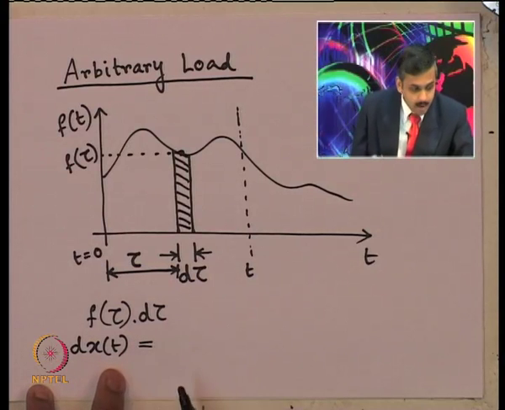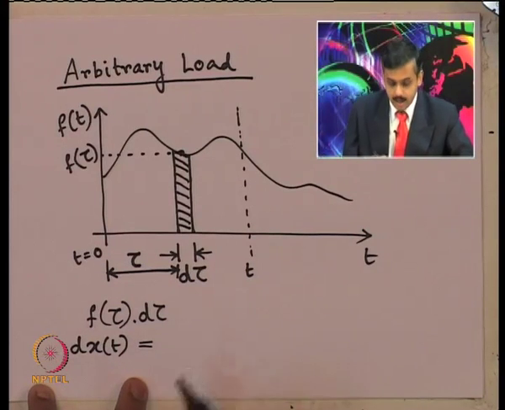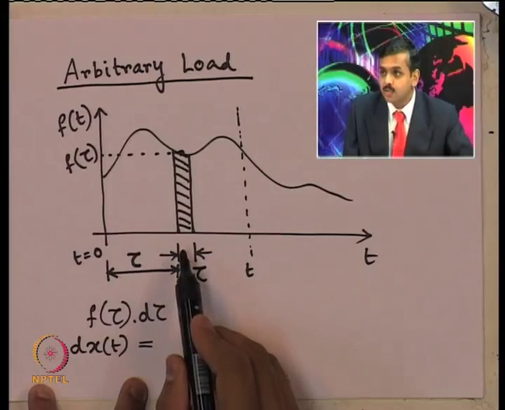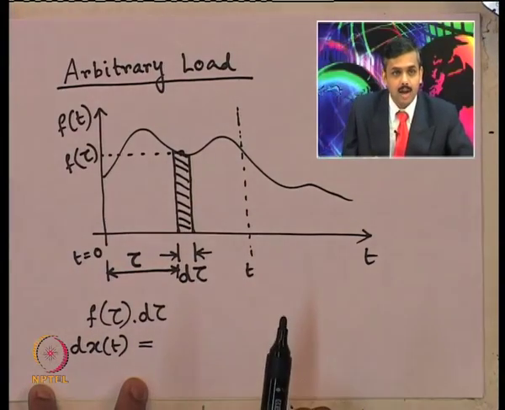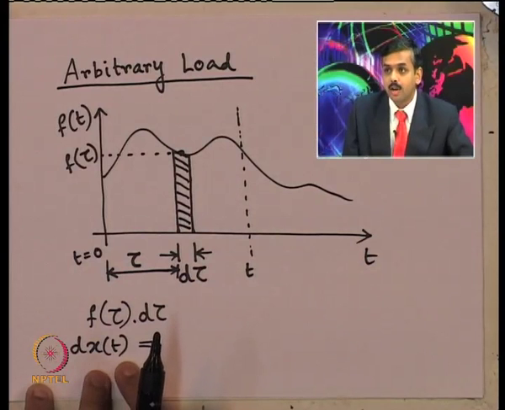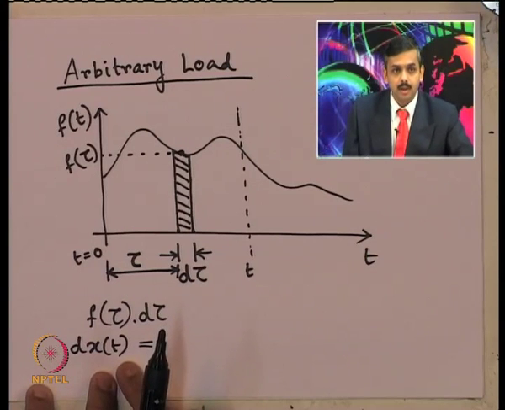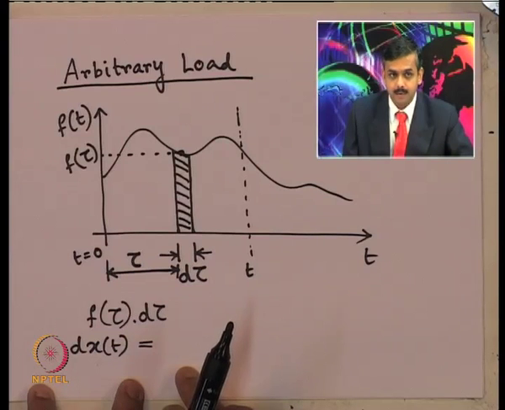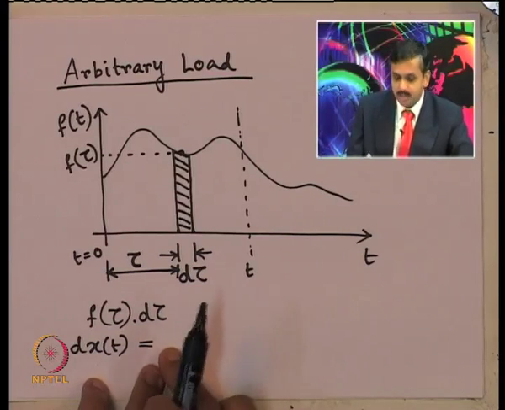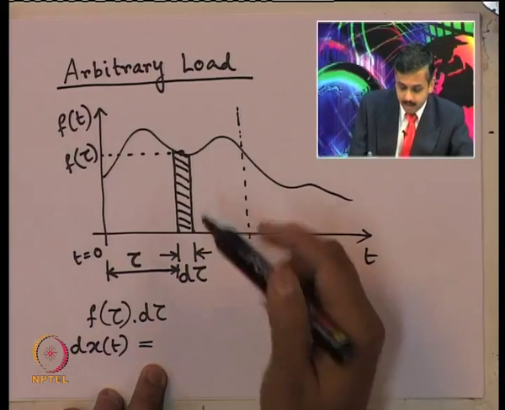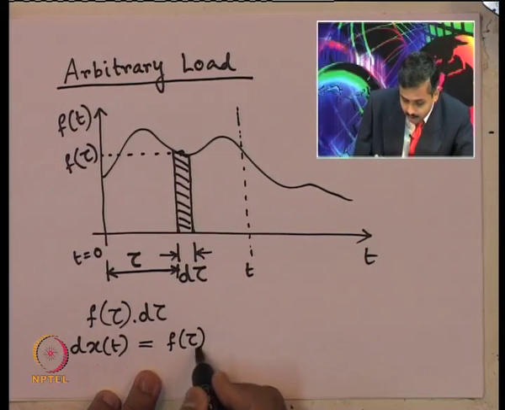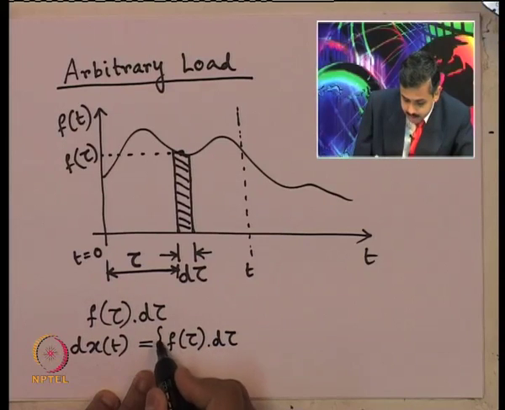That response is nothing but what we have seen, it is similar to our impact load. Why? The duration is very small and magnitude is having pretty high value. So, what is the response for an impulse load? The response for an impulse load is nothing but that impulse force I times h of t, impulse response function. So, how much is the value of I here? I is nothing but area under the curve. So, in this case it is f of tau times d tau, that is our I,